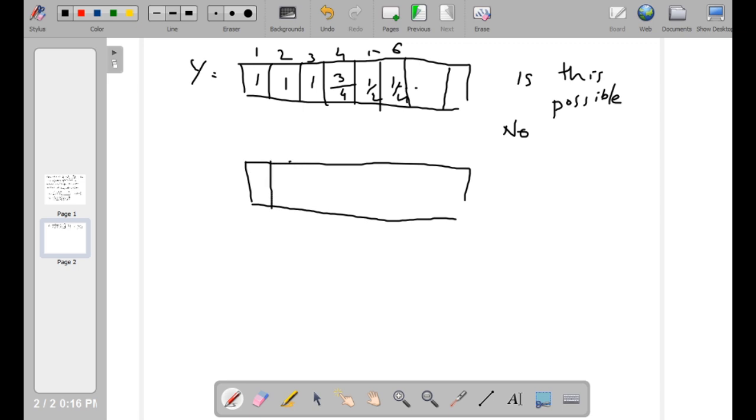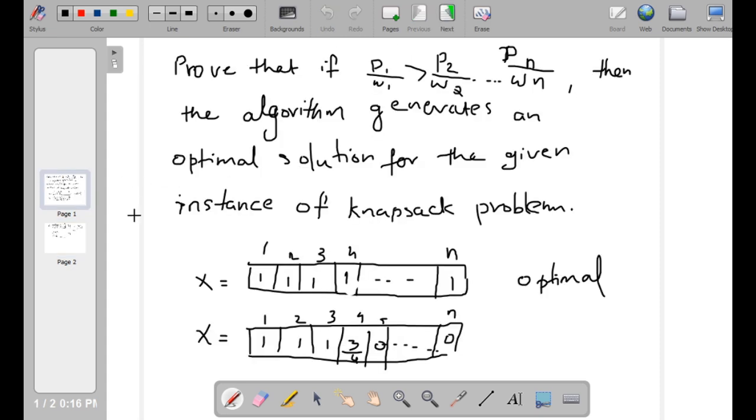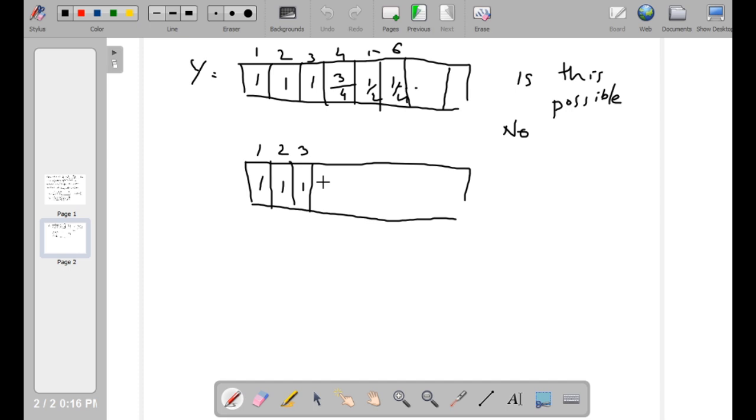Can it be something like this? 1, 2, 3. He picked x1 one block, x2 one block, x3 one block. In our solution, we picked x4 3/4 of the block. In his solution, he is saying he picked 1/4 of the fourth item. We know he can pick 3/4 of the fourth item, but he didn't do that. He picked 1/4 of the fourth item,